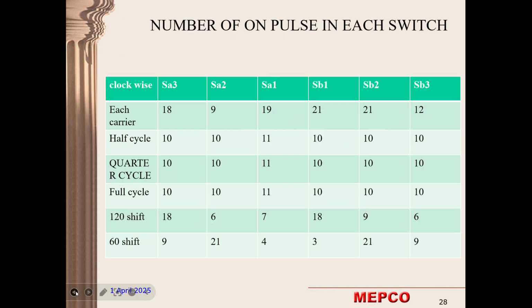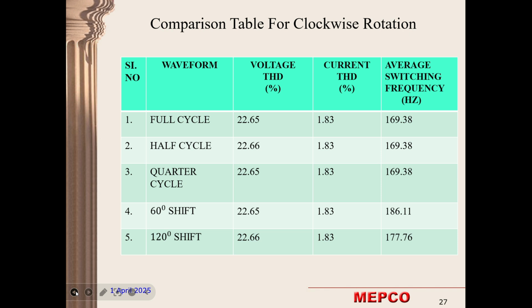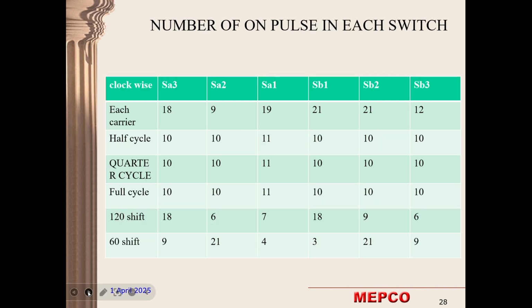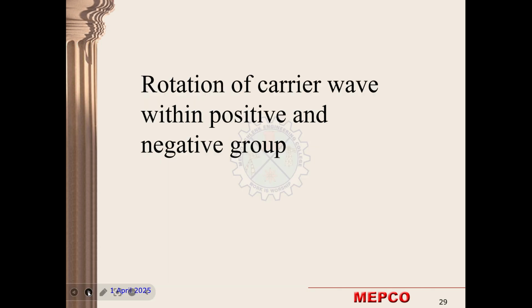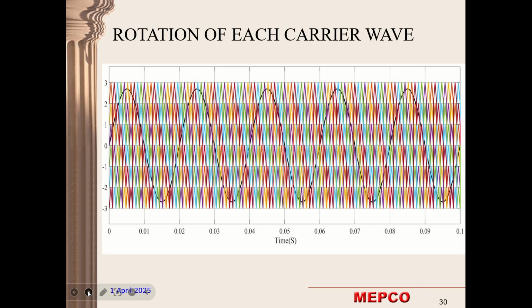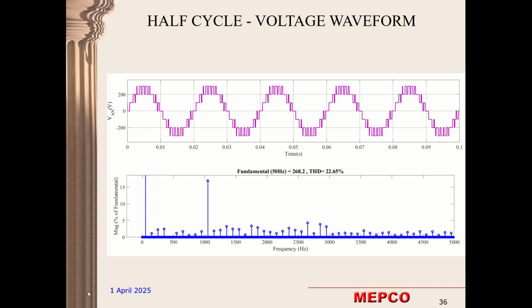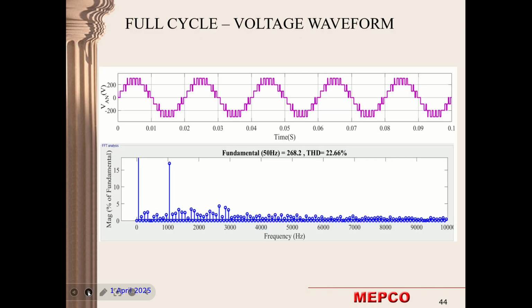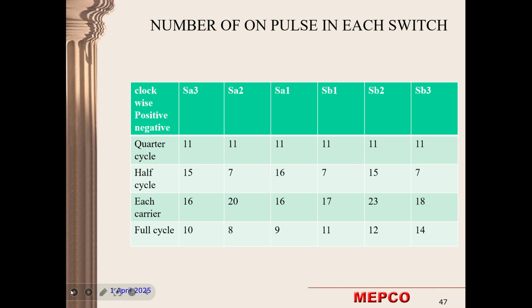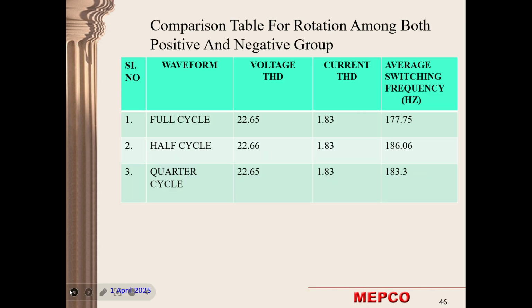So by comparing these three sections, full cycle, half cycle and quarter cycle, we obtain the same average switching frequency, and then 60 and 120 degree shift gives more switching frequency and the power is not balanced, so we neglect the 60 degree and 120 degree shift. And then we rotate within positive and negative group with the same phase shift each carrier wave, and then half cycle rotation, quarter cycle rotation and full cycle rotation, and obtain that full cycle requires less average switching frequency, that means minimizing the switching losses,